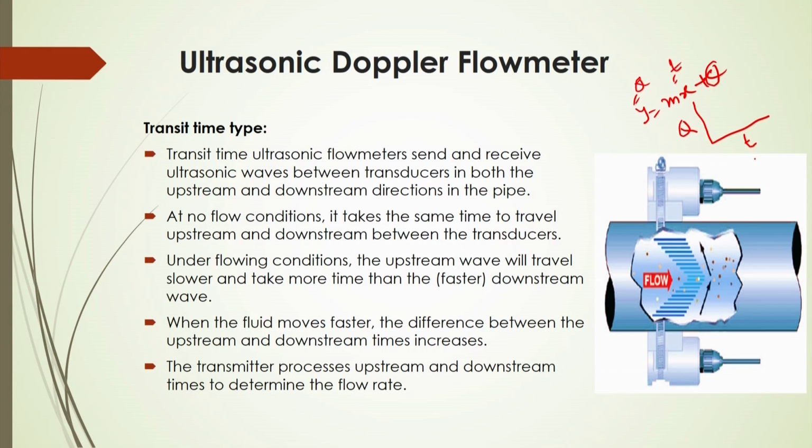Then once you know the time, you will know the flow rate, and after that you have to calculate m and c from the known values of the flow rate with respect to time. Once you form this equation, then for any other time, you will be able to calculate the flow rate once you know the time from these devices.